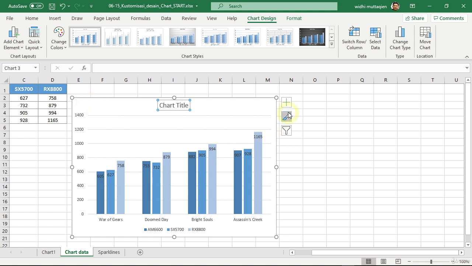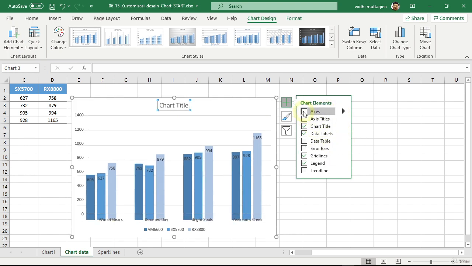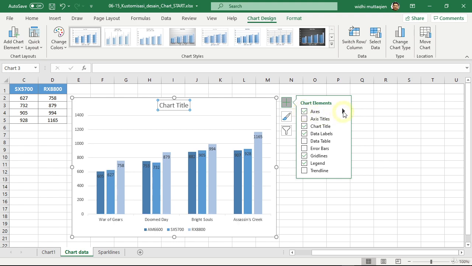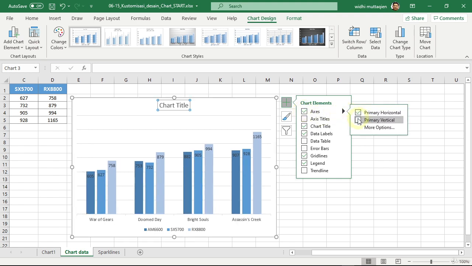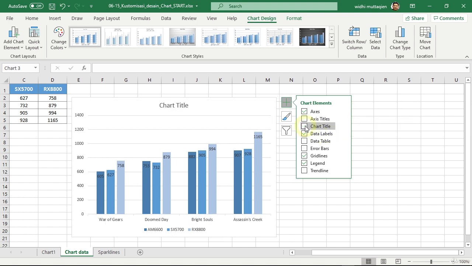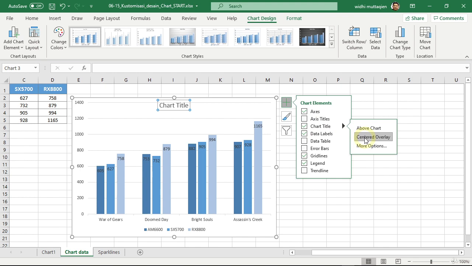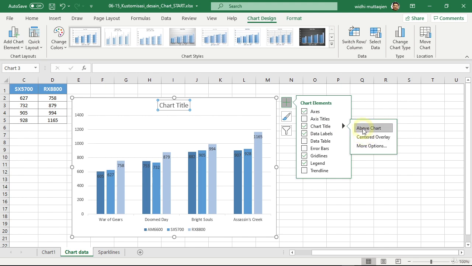Next, if we click on this plus button, basically, what we see here is the same as what we can access in the Add Chart Element menu. It's just that the UI here is more compact. For example, you can show or hide both axes, or hide only the vertical axis, or just the horizontal axis. Then, this one is for showing or hiding the chart title as we previously tweaked in the top menu. This is to place it in the middle, and this is to place it back to the top.